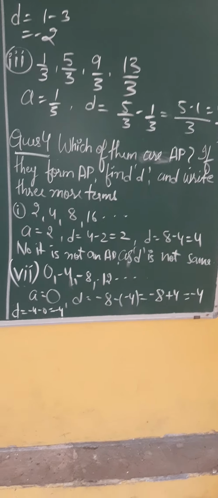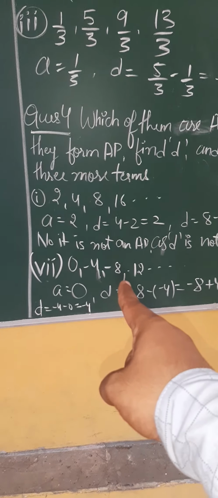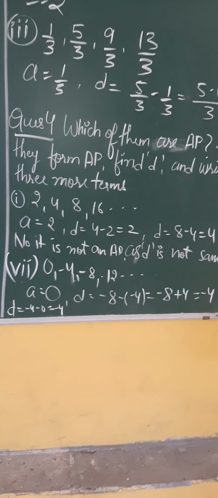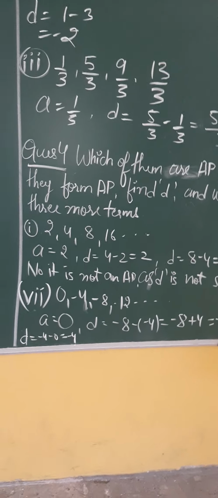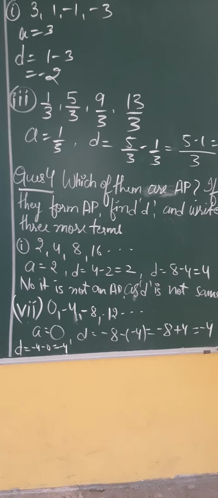It is an AP. Now in this particular question, A1 is given to us, A2 is given to us, A3 is given to us, A4 is given to us. Yes or no? You have to calculate A5, that is A plus 4D, A6, A plus 5D, A7, A plus 6D. Got it? Now please complete this particular exercise.